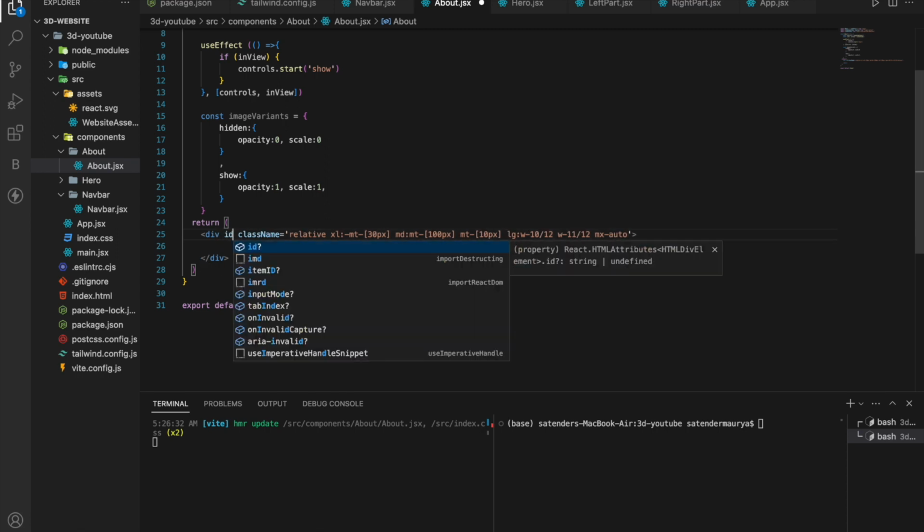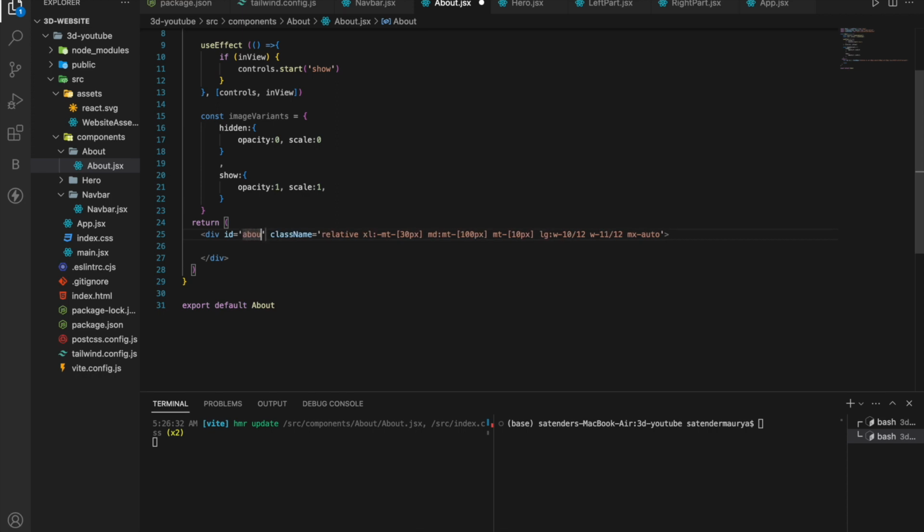Also I'll give an ID of about, and now inside that div we'll have another div of class name